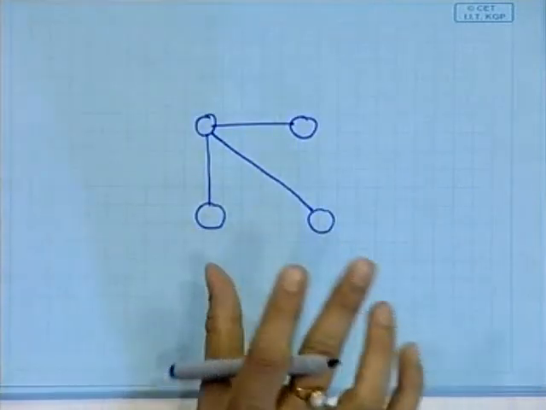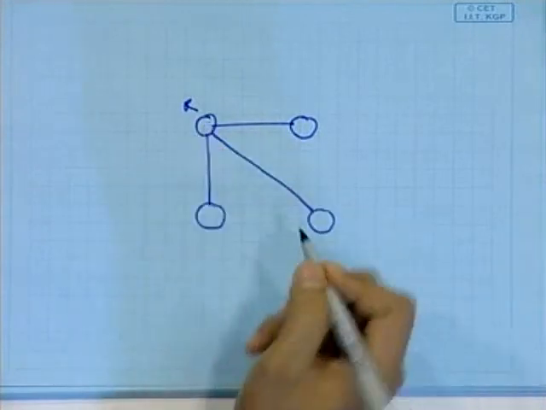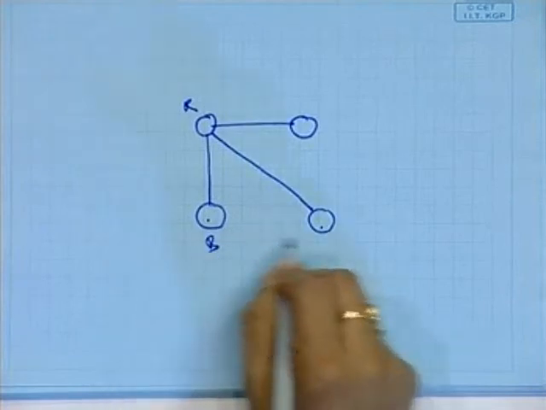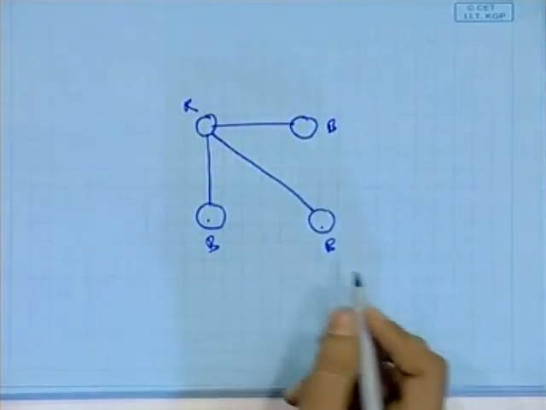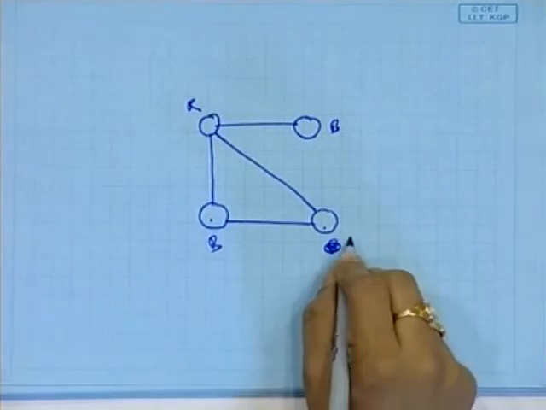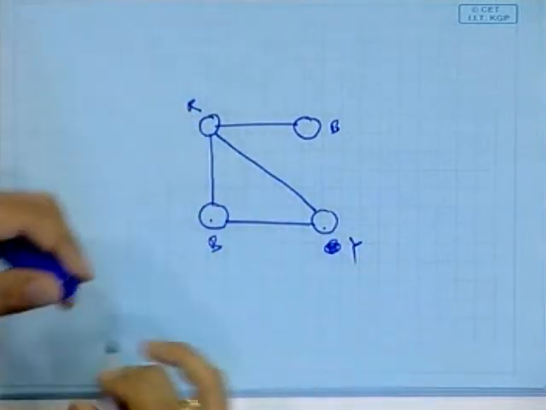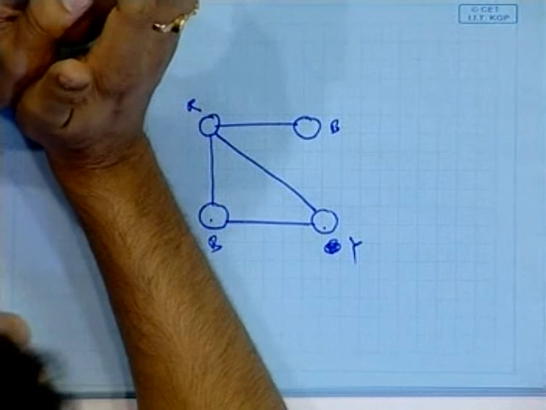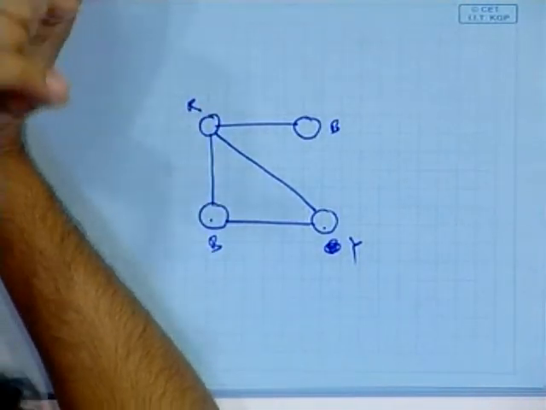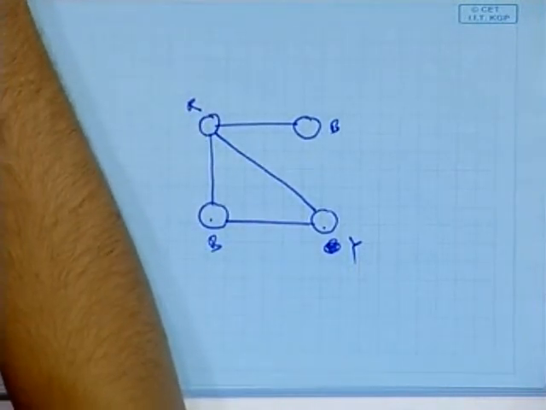Suppose you have a very simple graph like this. If you assign red to this node, you cannot assign red to these 3 nodes. So suppose you use blue for these 3. Again, if you have an edge here, you cannot use blue for this, so you have to use something else, suppose yellow. Okay. So this is basically the graph coloring problem. You have to use the minimum number of colors to color your nodes, so that two adjacent nodes have different colors. Okay. So you can map this problem.